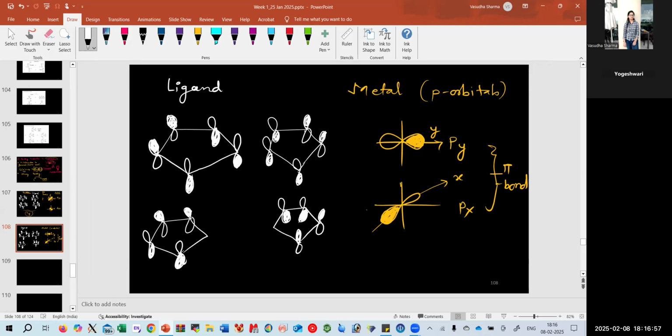So these are the metal orbitals, these are the ligand molecular orbitals which are going to make the pi